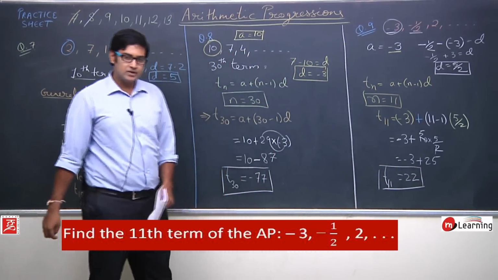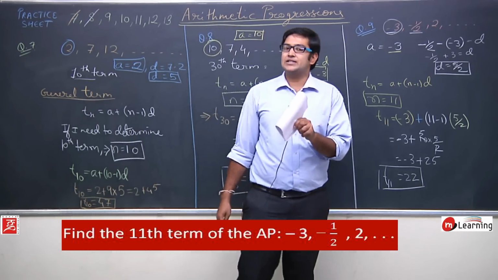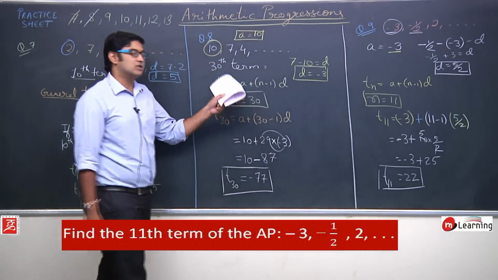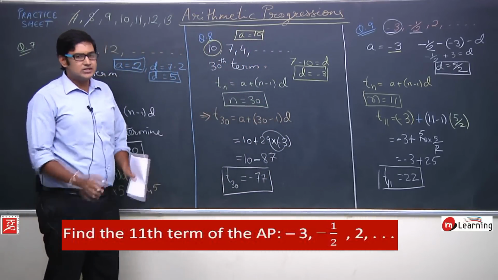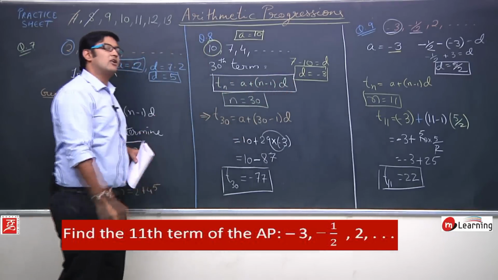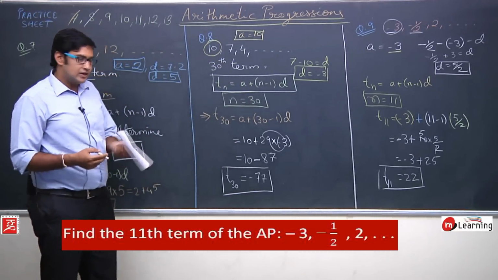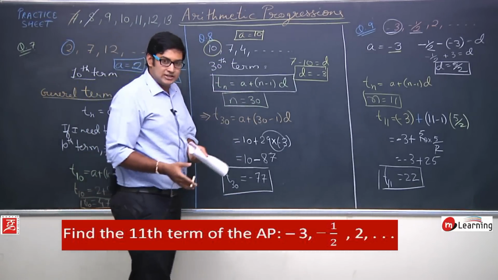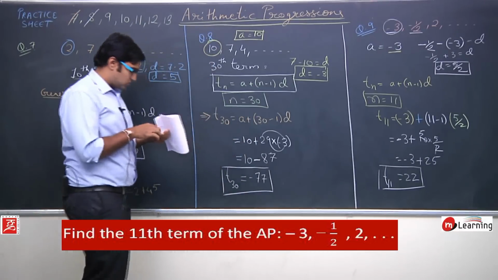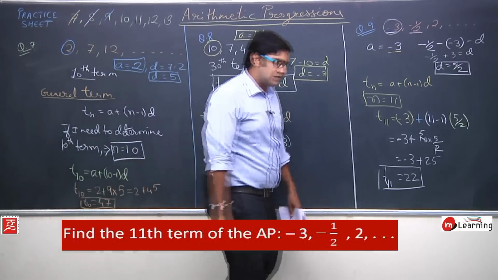Okay. So in these three questions we have understood the application of the formula that we have derived for the general term. Just you need to remember this formula. This is not at all difficult. Even you can derive it yourself, it's very easy. It does not require any kind of calculation, it just requires a simple observation. So this is the solution for the 9th question. First note these three questions, then we will continue.